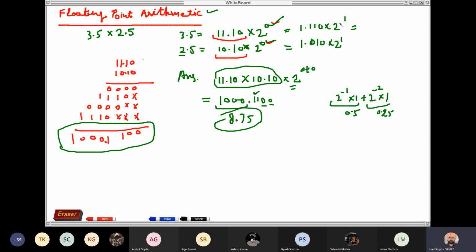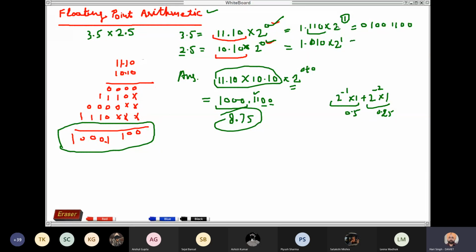So the first number can be written in standard form once since the number is positive. So the first bit will be 1. Then we write the biased exponent value. Now it is 1. We add 3 to this, it becomes 4. So 4 is written as 1, 0, 0. Then we write the mantissa value. It is 1, 1, 0. Then we add 1, 0 to make it 8 bit.